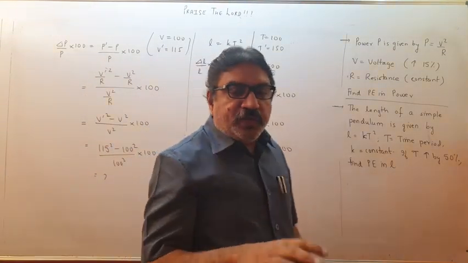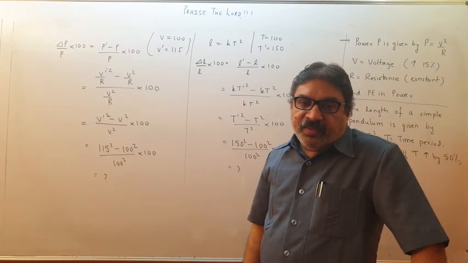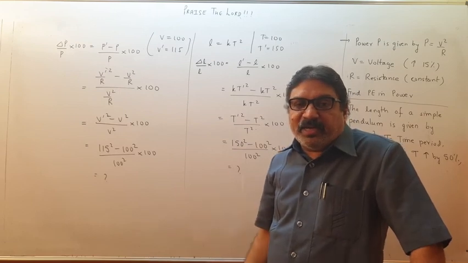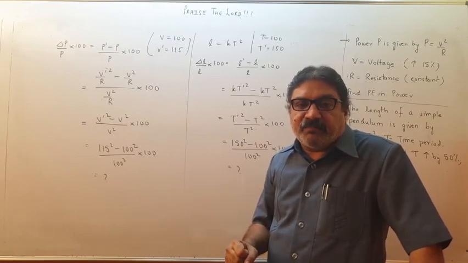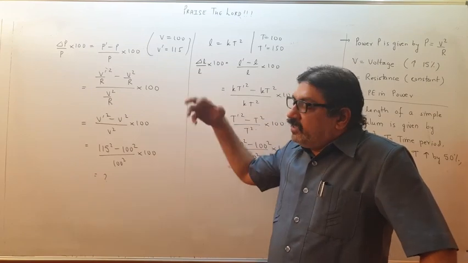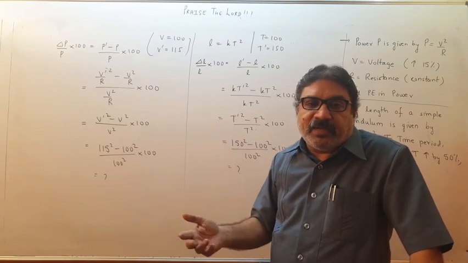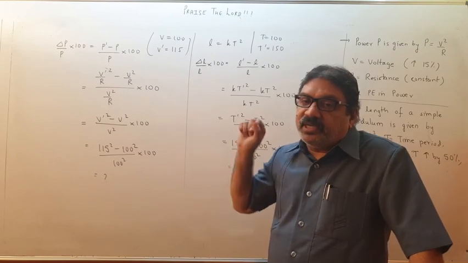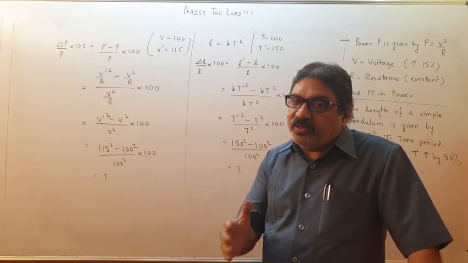So children, in this video, we have seen how to find out the percentage error whenever the percentage change is less than 10% and whenever it is more than 10%. In the first 5 sums, the percentage error was less than 10%. Then we use the shortcut formula given by the book. And in the remaining 7 to 8 odd sums, every time the percentage change was 10% or more. Then how to get the percentage error in any other quantity? You have to use this formula which I have been telling you. Please keep in mind, otherwise your answers will be wrong.